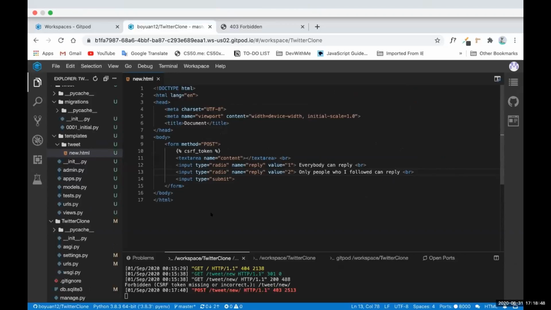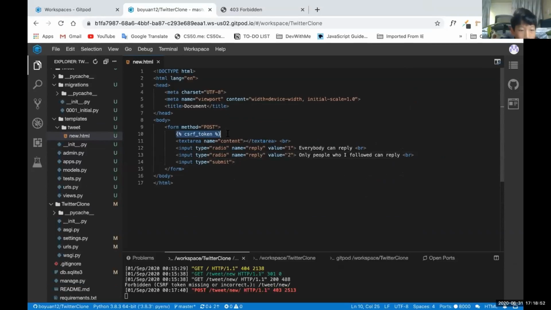Add the CSRF token. Okay, just add this. I have an error inside. It says the path is invalid syntax. Maybe you forgot a comma somewhere. I didn't. Maybe, but